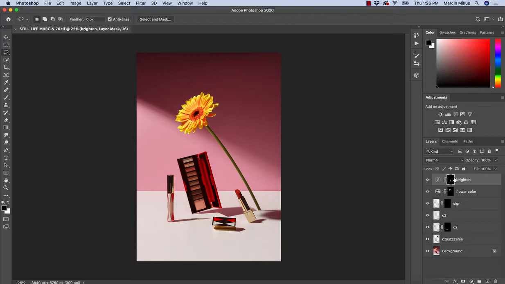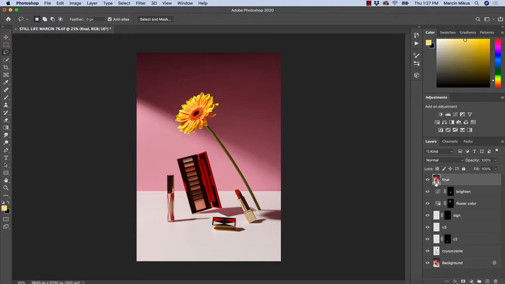At first, we need to create the final layer on the top. So as we did some of the work, some color work as well, we need to make sure that we select the last layer. Then I'm going to press Command, Option, Shift and E on MacBook, and that would be Control, Alt, Shift and E if we work on a Windows device. So I'm going to rename this into Final,